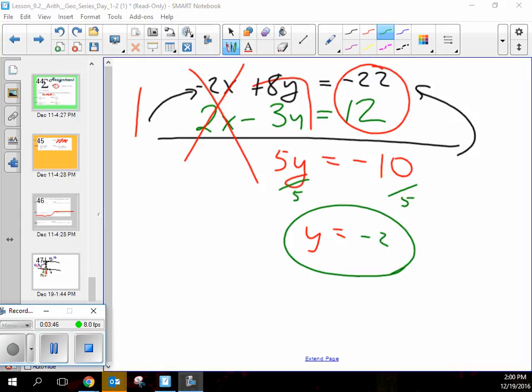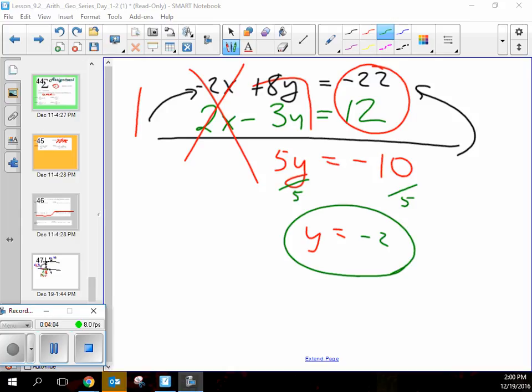A tendency is for people to go, oh, phew, done with that really hard problem. But remember, you just got the y. You don't even have the x yet. So, stop talking to other people, please, while I'm teaching. Zip it. Okay, so this -2